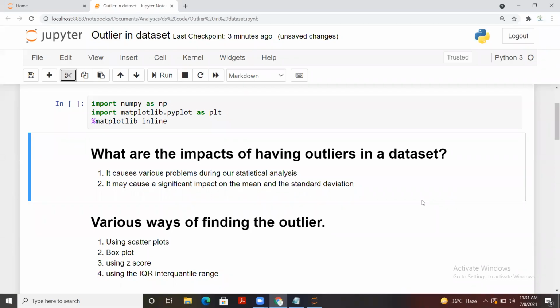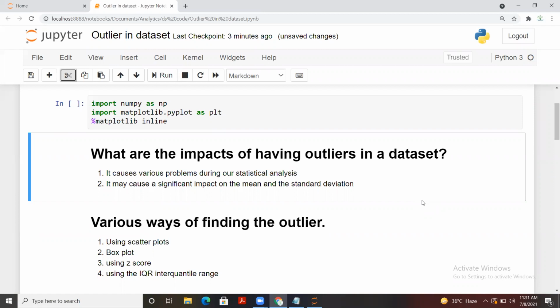Hello everyone. Today I'm here with one more topic, which is outliers, and you have found this topic quite confusing most of the time. There are a few things that we do during the analysis, or what we call exploratory data analysis using pandas. So we have to deal with outliers.